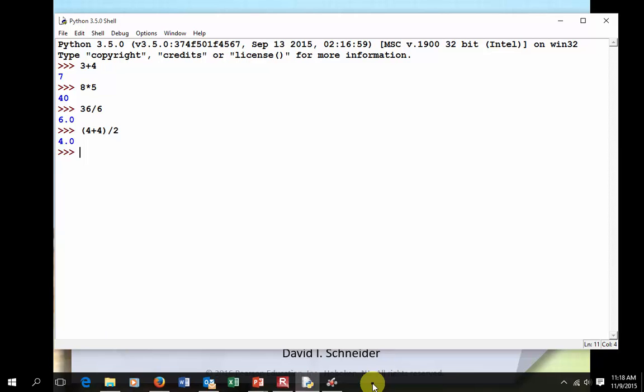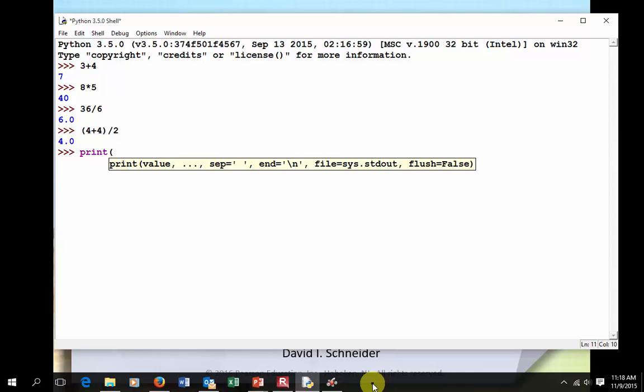We can also utilize the print statement. Remember that the print statement is used to format output. You can shortcut things when you're doing this by not using it, but you may not always get the exact format that you're looking for. But remember to open your parentheses, and we get a little bit of help that pops up to give us an idea of some of the things that we can put in there. For instance, it can be a sum value, it can be an actual operation, or we can start to do formatting things like the backslash n, and we'll cover a lot of that kind of stuff later. But initially, you can just go with your basic